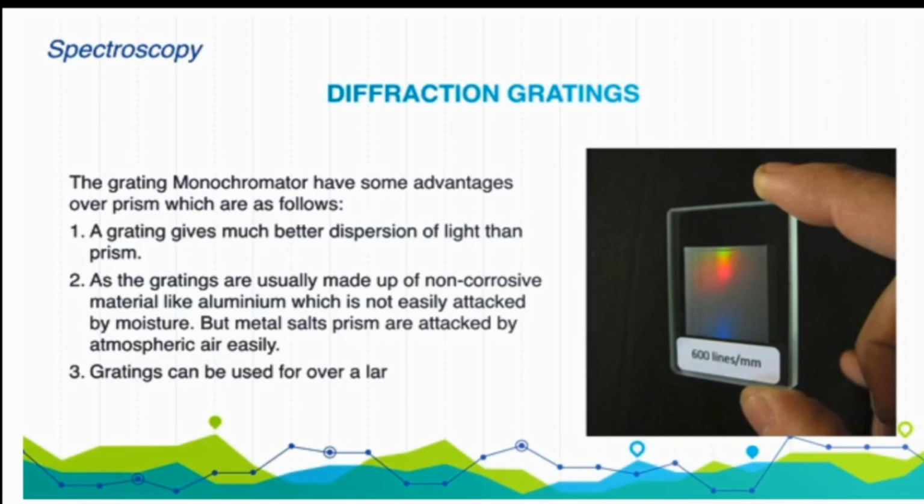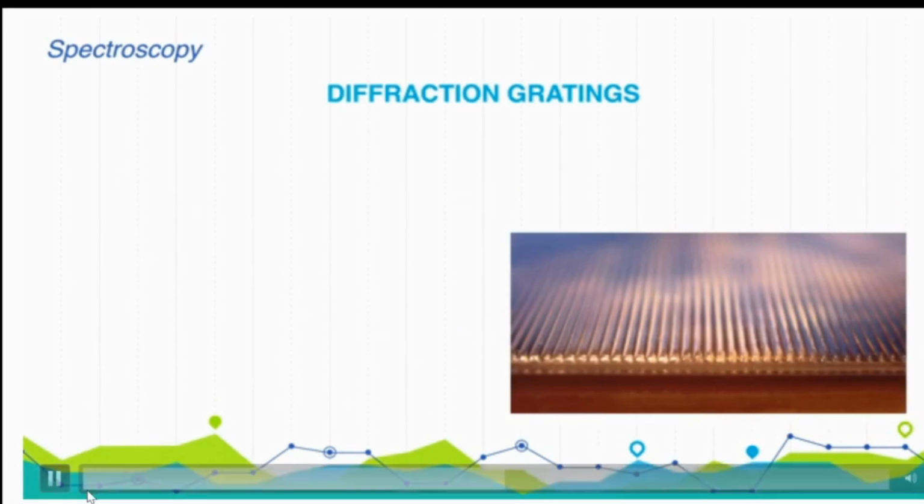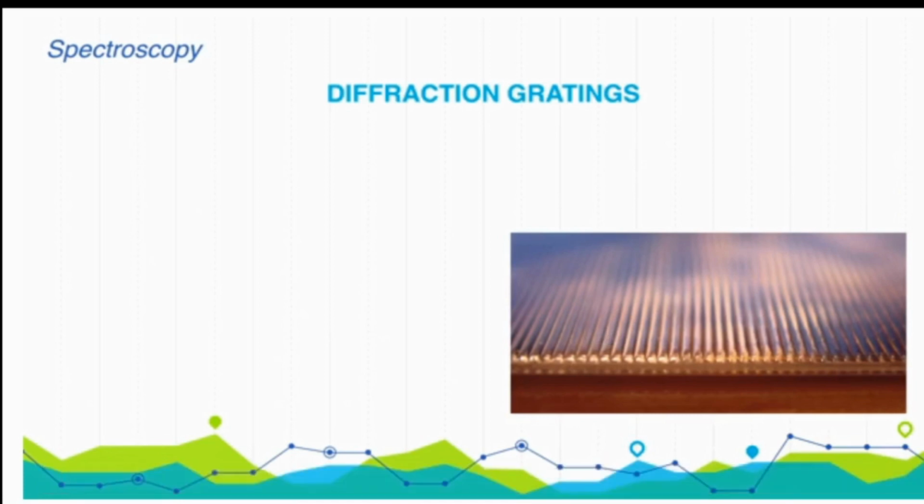Gratings can be used over a long range of wavelengths as compared to a prism. A diffraction grating: this picture shows how it is constructed, how it is built. A polished surface is there, and over this, so many rulings are arranged. Very closely packed rulings are there, and as the beam of light falls in the grooves in between, we can see the groove, and that incident beam gets reflected. Upon that reflection, its constituent parts get separated.